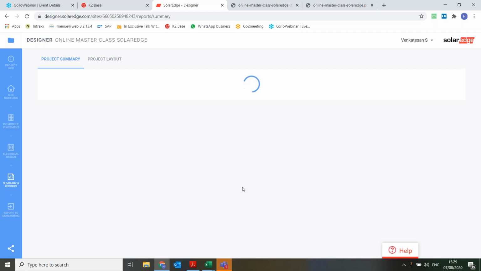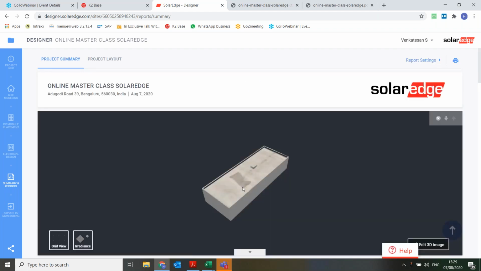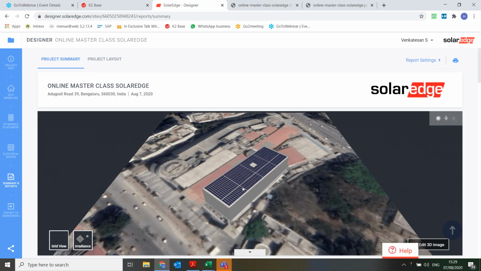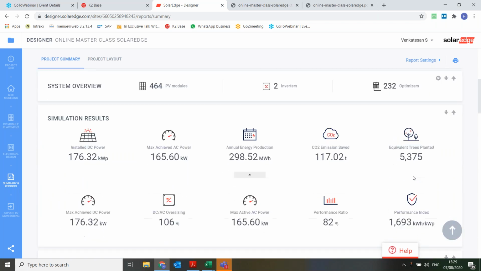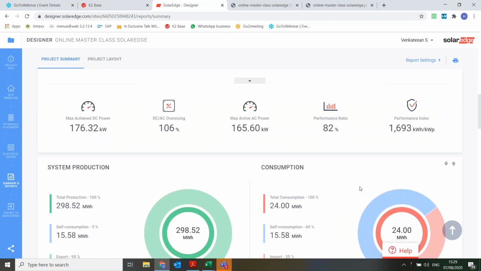So we have almost all the features similar to the PV system. In fact, DNV GL has given a report saying that the energy estimation value generated by our software is almost close to PV system, with plus or minus 1% variance between our report and the PV system. So you can always confidently use this report for your initial discussions and other things.